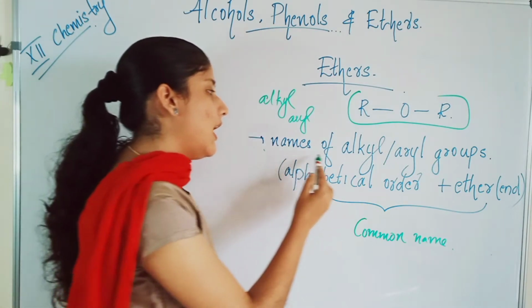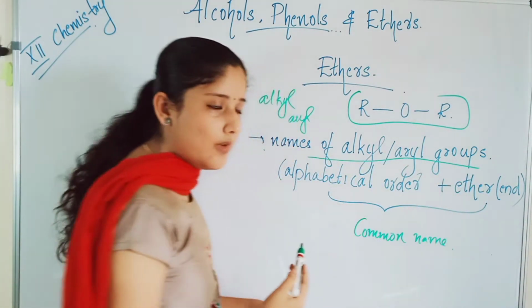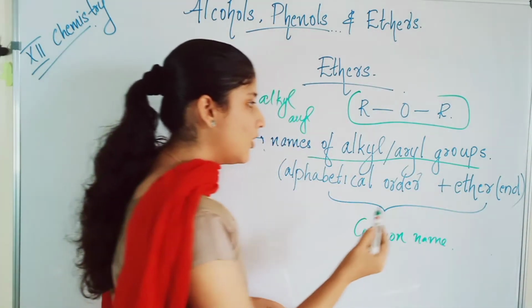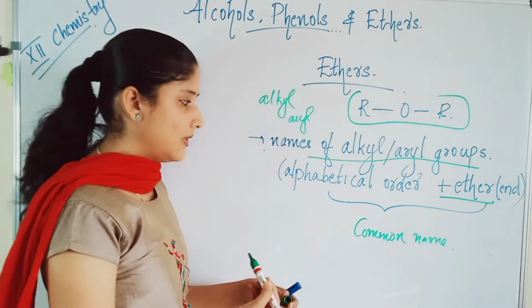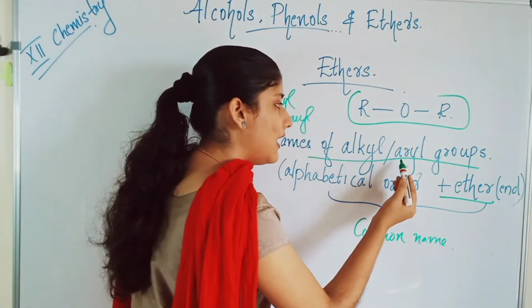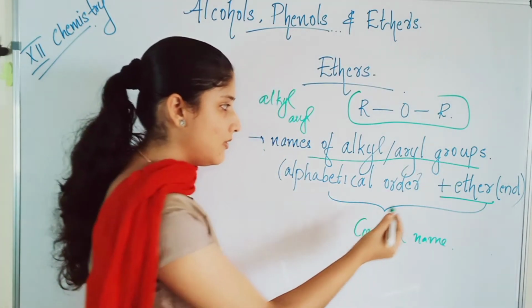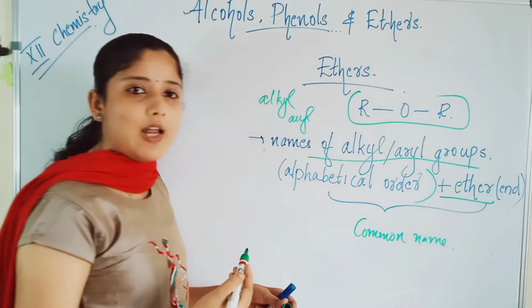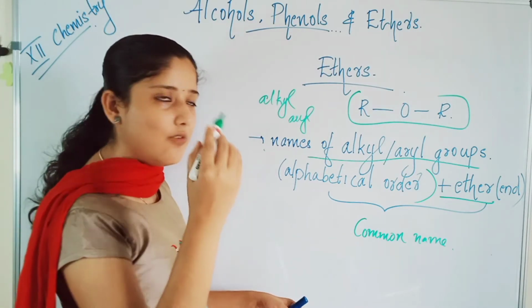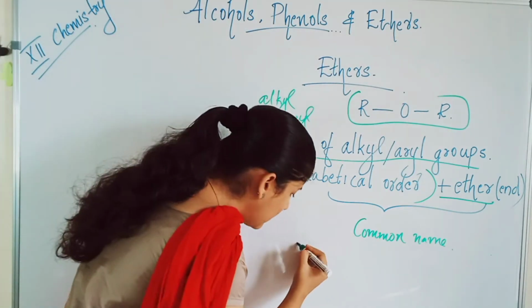The names of the alkyl or aryl group we will add first, then what? Plus ether. Names of the alkyl or aryl groups in the alphabetical order we will add, and at the end we will give what? Ether. For example,